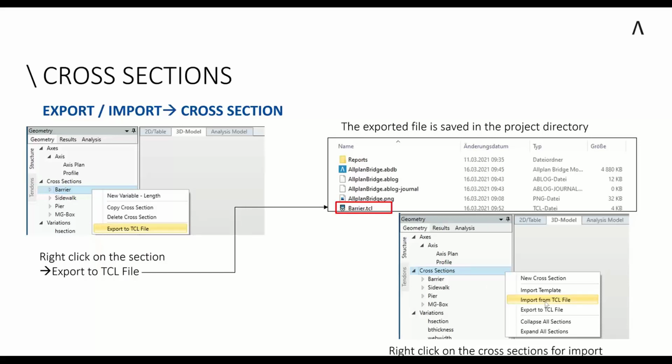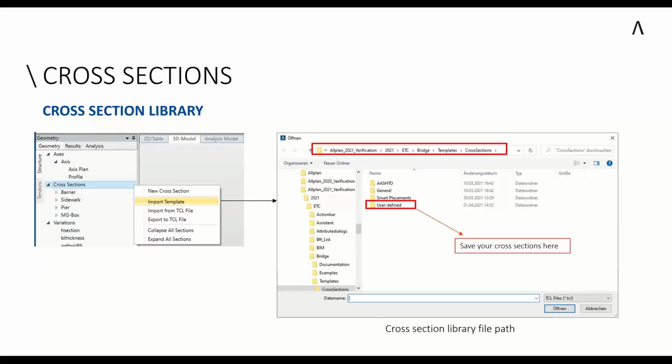So of course I can still select it, but maybe it's not nice to have it split, let's say, across different projects where I've used the sections, always stored in the corresponding path of the project. So to make this workflow a bit easier, we have a cross-section library. And you can see here that in the installation directory, there is a folder etc, bridge, templates, cross sections. And this is actually a folder where there are already predefined sections, like we have for the AASHTO,